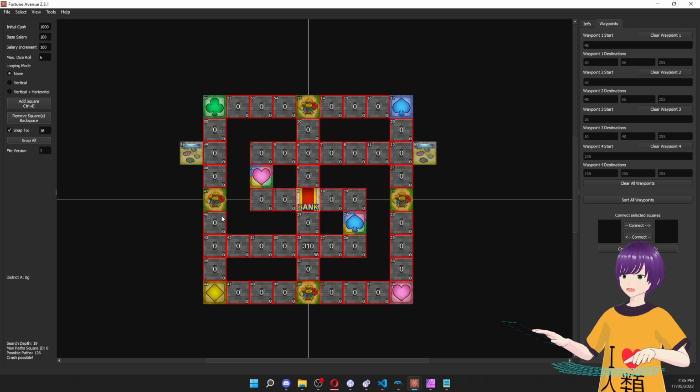And now there is a trick I can show you guys, which you should absolutely be doing when you're testing the pathing of your boards. You want to make sure that every path in the board works correctly. And people screw up on doors a lot. I've seen this happen a lot, so it's definitely good to test them. What you could do is click a square and hold down Control and click an adjacent square,